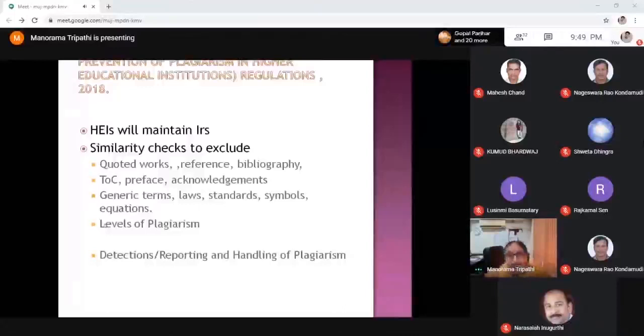And it spells out that while the system is generating the originality report, all these things should be excluded: quoted works, references, bibliography, table of contents, preface, acknowledgements, generic terms, laws, standards, symbols, equations. All these constitute common knowledge, and they should not be considered while generating the originality report. While the system does take into consideration even the common knowledge while generating the originality report,